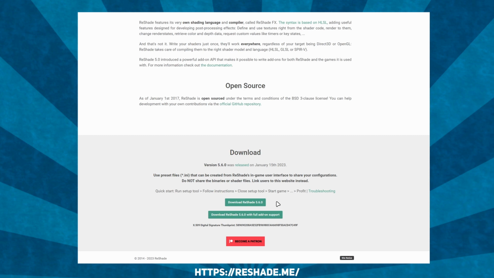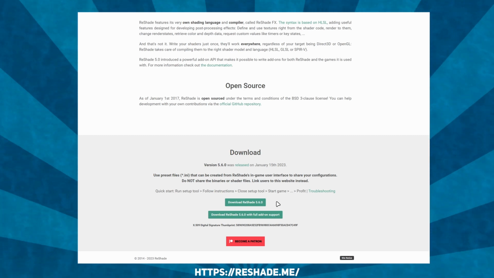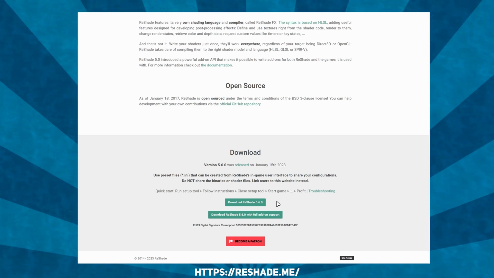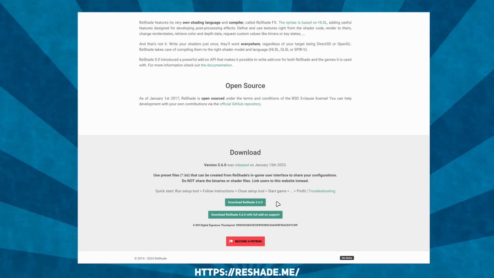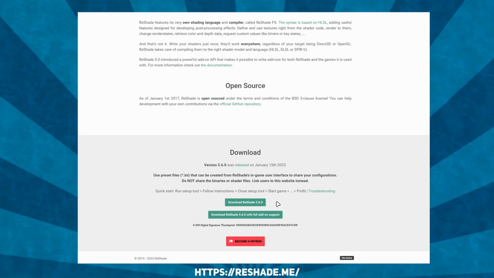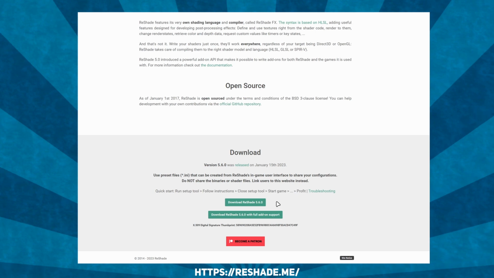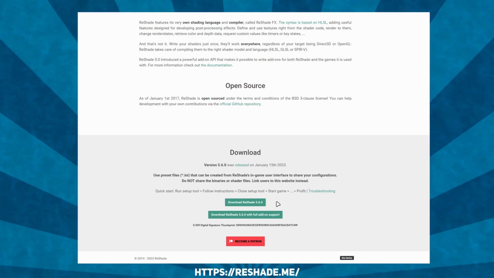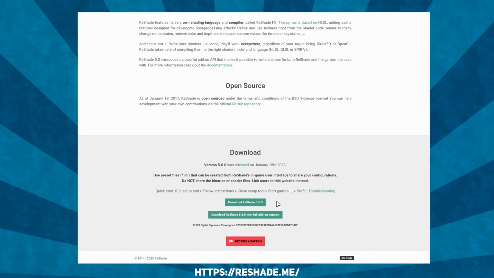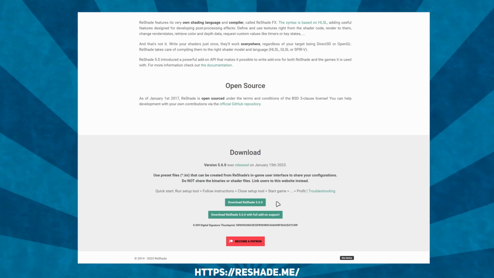Okay, guys, it's time to download the software so we can start working on our new tweaked graphic on our favorite game. And to do so, we have to go on the homepage of Reshade. You can find the link in the description below to reach the homepage of the software. Moving on to the download section, currently the current version of the software is 5.6.0 since I'm filming this video, but maybe in the future the version can be different and an improved one,